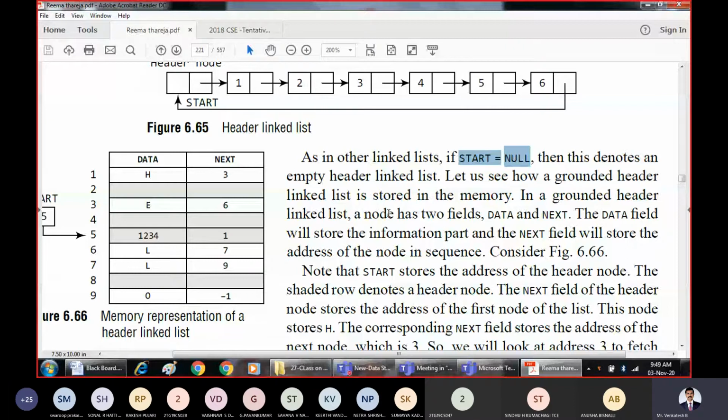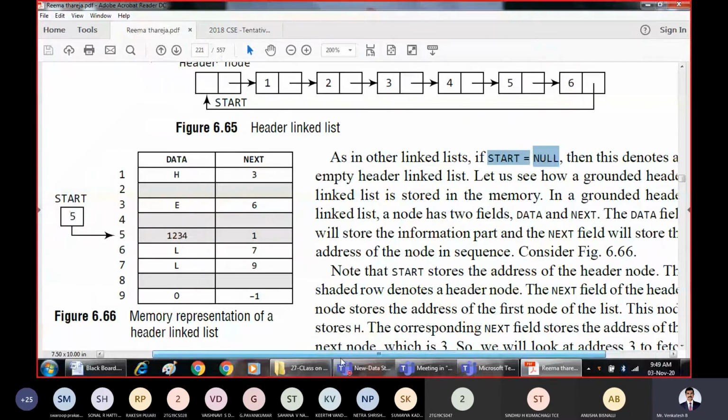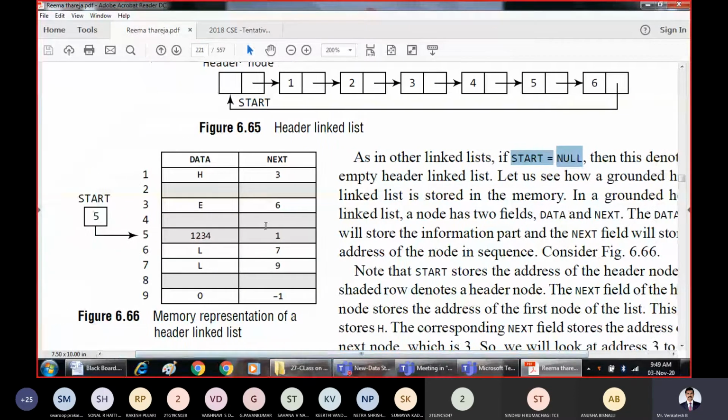So this is one example of how a grounded header linked list is stored in memory. Say for example, figure 6.6. This is a header node. Start points to the header node now. What is the data? 1, 2, 3, 4.